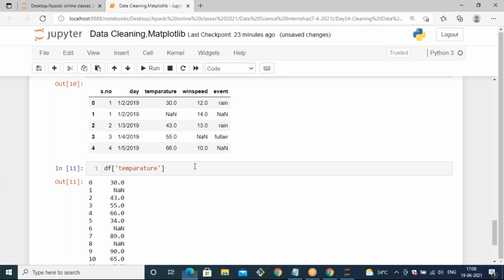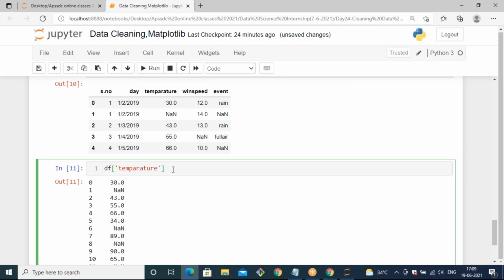Let me know your responses. After accessing the column, how can you do that?